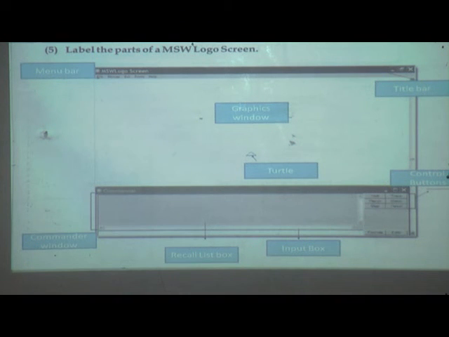Menu bar. Then next one, title bar. Next one, graphics window.